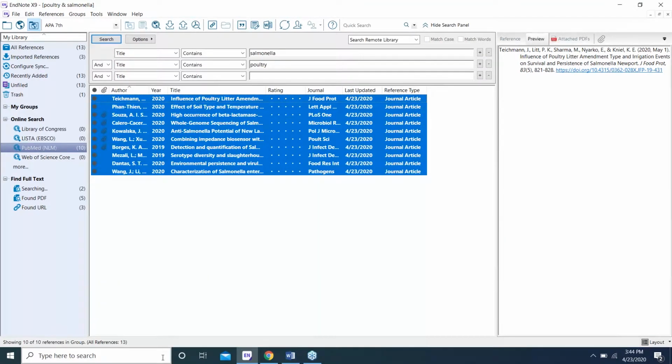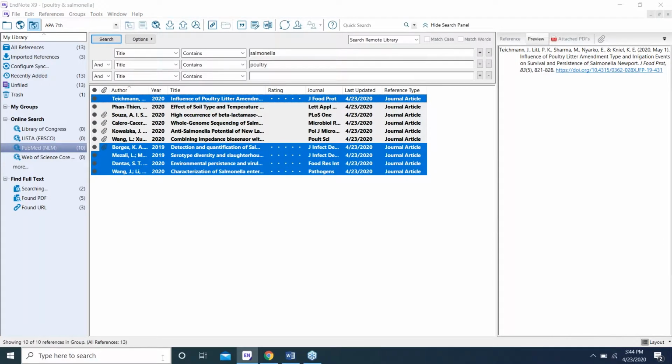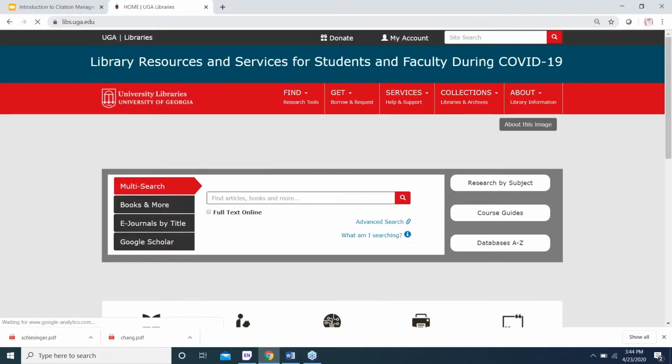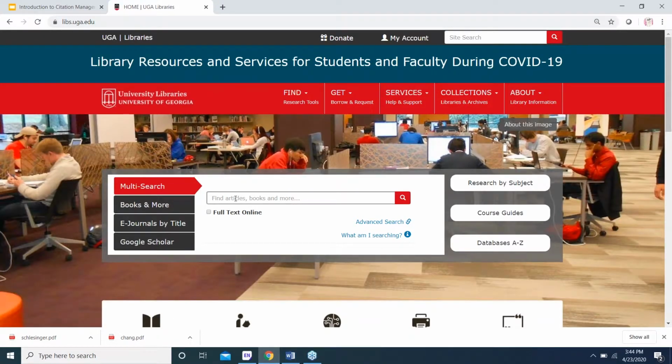So another popular way to get citations into your library is to go to one of our databases. So I'm going to start back at our library's homepage. We have the multi-search here, so this is a good place to go and find articles. Almost all of these databases have ways that you can download from the database into your EndNote library. We're going to talk about Google Scholar, though, just because that seems to be one of the more popular